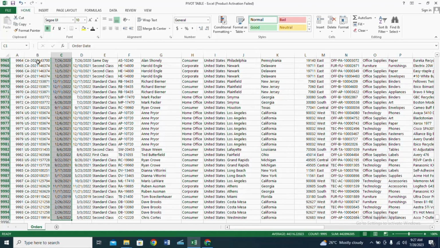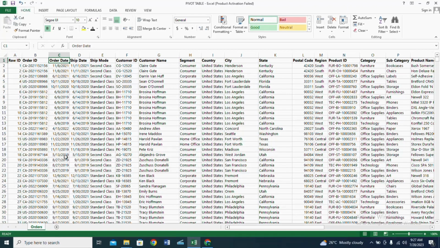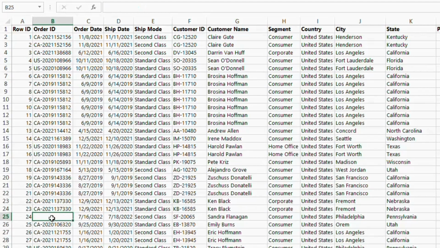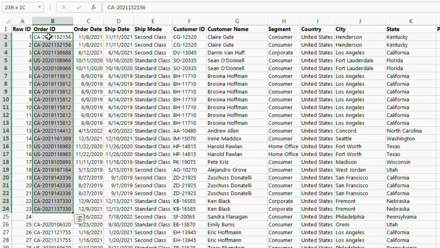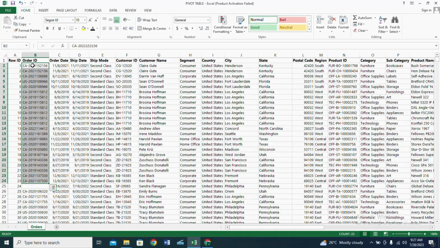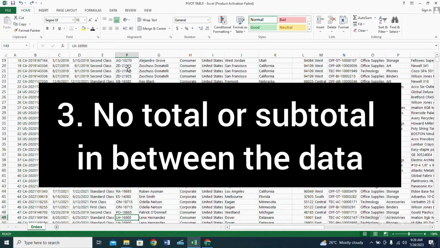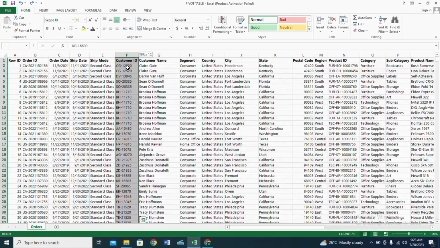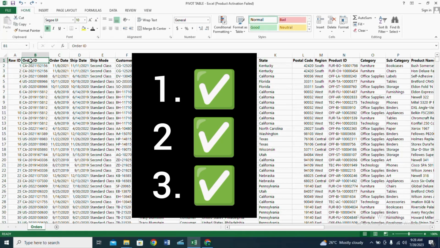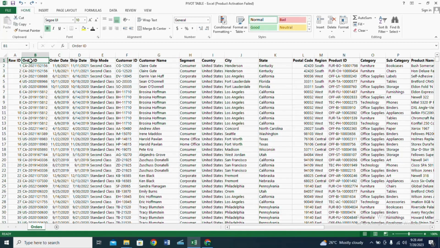If you had any empty cell in between that column, it would stop you at the point where you had the empty cell. Let's say you had an empty cell at this point. Once you press your Shift and Control key and your down arrow, it's going to stop you at the point where there was an empty cell. So this will help you make any necessary correction. This is a quick guide to help you check through your data before inserting your pivot tables. You must also ensure you don't have any total or subtotal in between your data. So after checking all these boxes, you can now go ahead and insert your pivot tables.